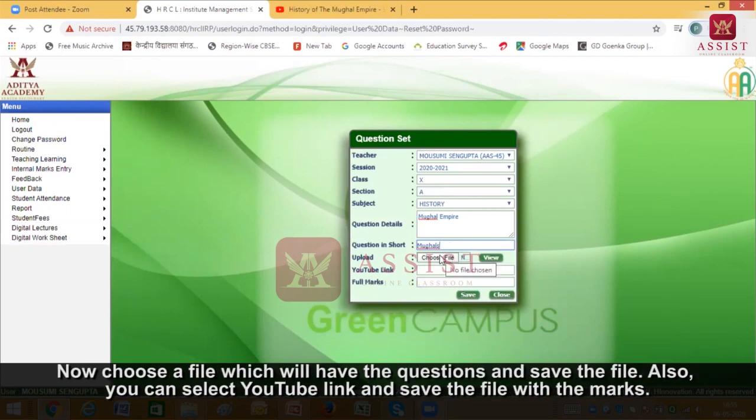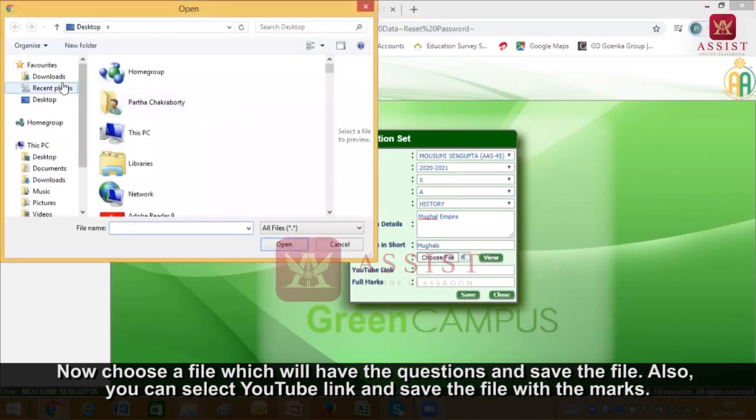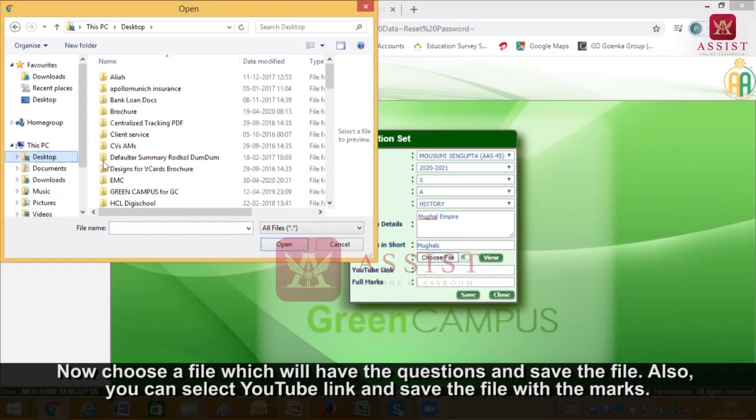Now you have to choose a file where the question is already there. So you click on choose a file, and I have kept it on the desktop, and the file name is teacher's questions. So I select the teacher questions.